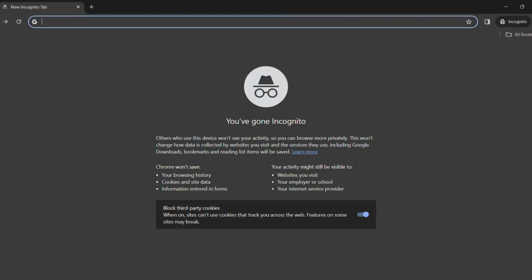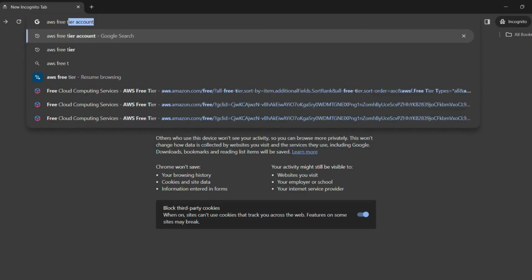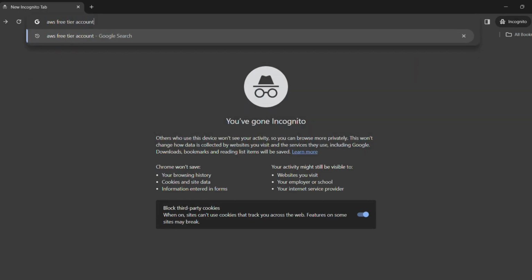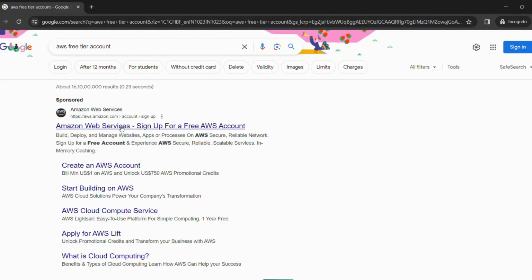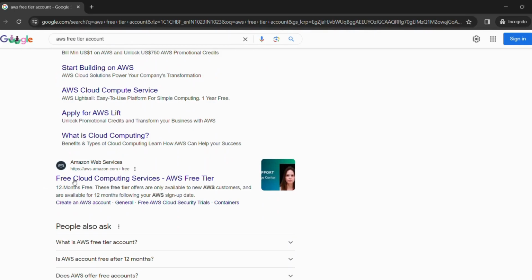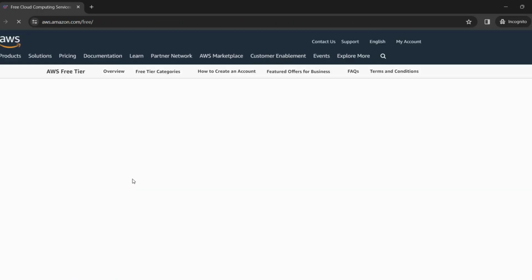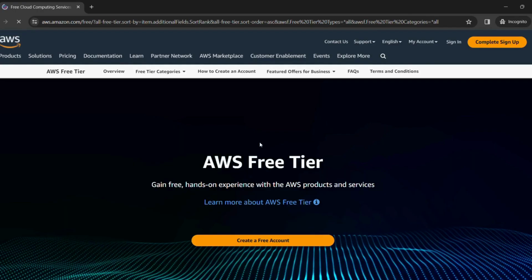So first, please open your web browser and search for AWS free tier account, and you will see these search results. Scroll down and search for this, free cloud computing services AWS free tier, and click on it, and then you will land on this page. This kind of page you will be seeing. Now you have to click on create a free account,